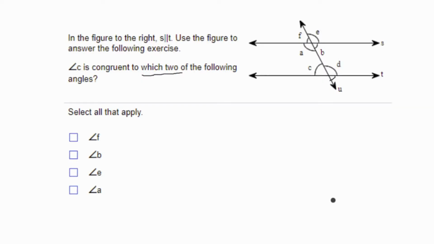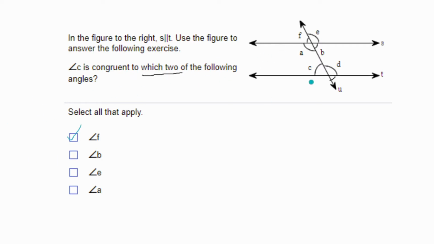Alright, next we're going to use a kind of angle comparison called corresponding angles. Angle F is in the exact same spot angle C is. So the measure of angle F is the same as angle C, and that's what we're looking for. So we can check mark this angle F because they are corresponding. This angle corresponds to this one. It's in the same spot. So F,